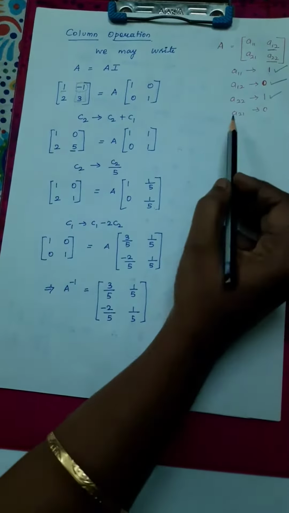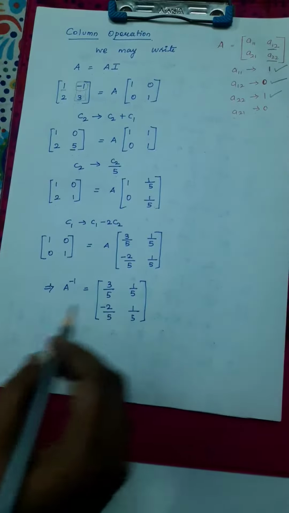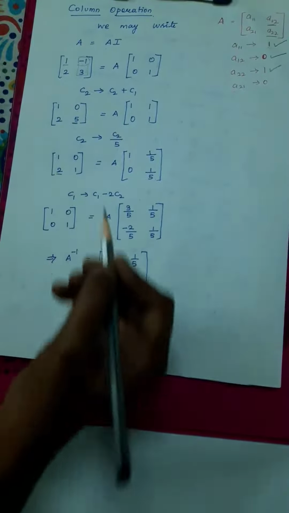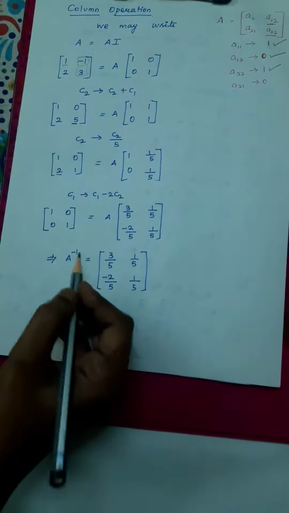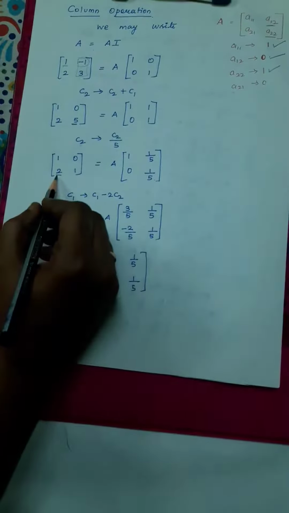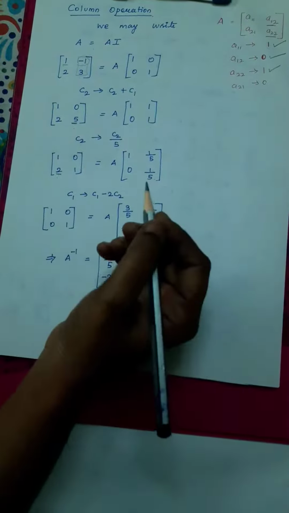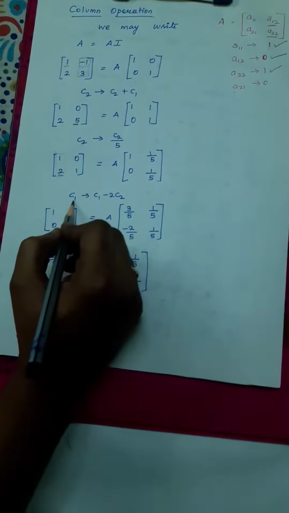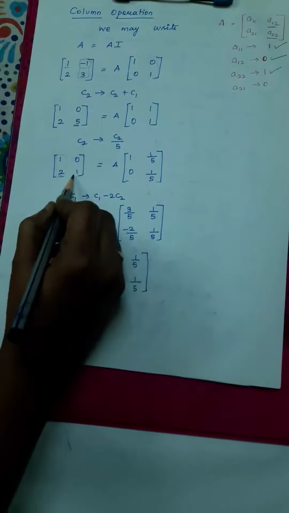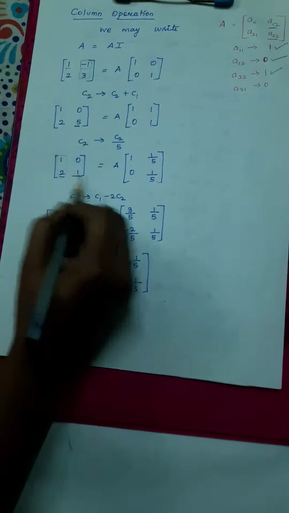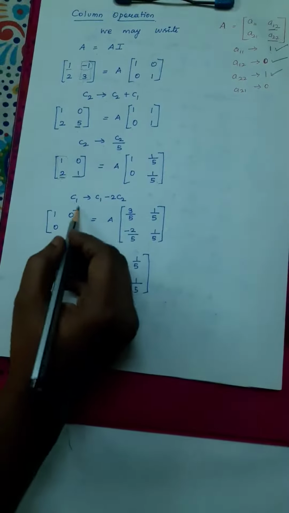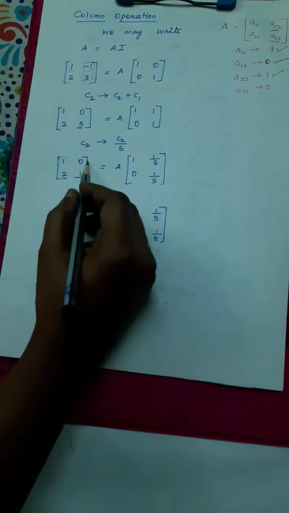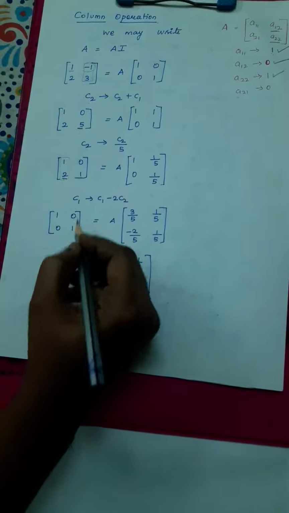Now we are going to convert the A21 position as 0. What is there in the A21 position? Number 2. How will you convert number 2 to 0? We need to subtract 2 from 2, then only we will be getting 0, but directly we cannot subtract 2. So we are going to disturb column 1. So write column 1 implies column 1 minus 2 times column 2. 2 into 1 is 2, so automatically we will be getting 0. So C1 implies C1 minus 2 times C2. We are not going to disturb column 2. Write column 2 as it is, 0 and 1.